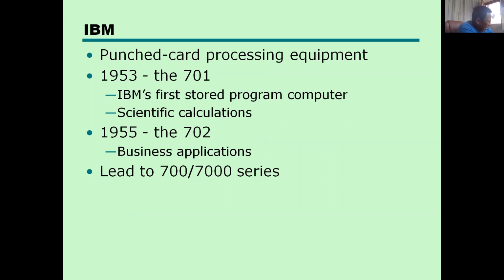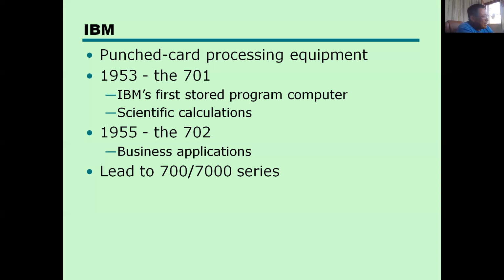Eckert and Mauchly filed for a patent after 1953 for the stored program concept computer. They filed a patent. But IBM was able to make, there's a controversy here. Like Microsoft, right? Many controversies. Because later, during the 1960s,